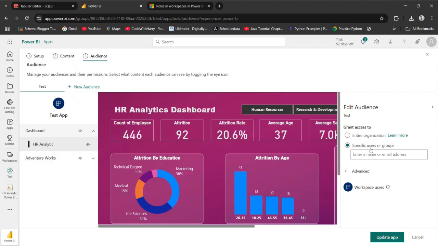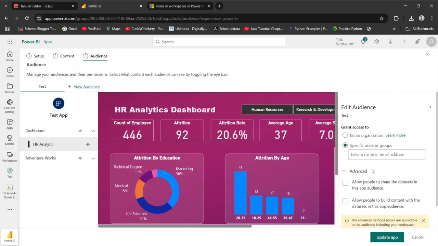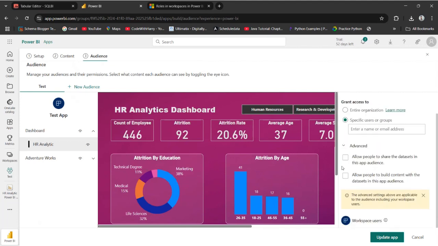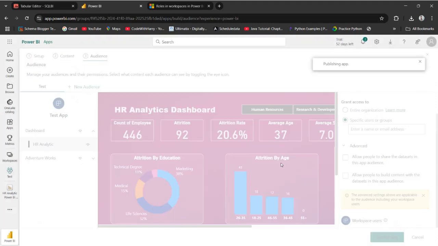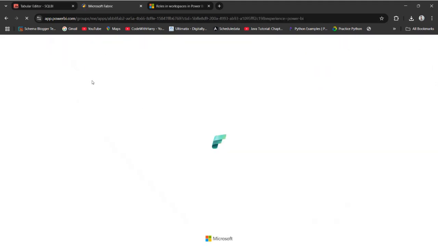And here you will give the access whenever you are publishing your app. You need to give the access to a specific user or a specific group. You have to just give the mail ID. If you want to give it to the entire organization, you can do that from it. And inside the advanced option, you can give some extra access, like he can see the dataset or he can build, he can add it into the app. So if you want this type of access, you can click on this. As of now, I don't want these options. I'm just publishing this dashboard